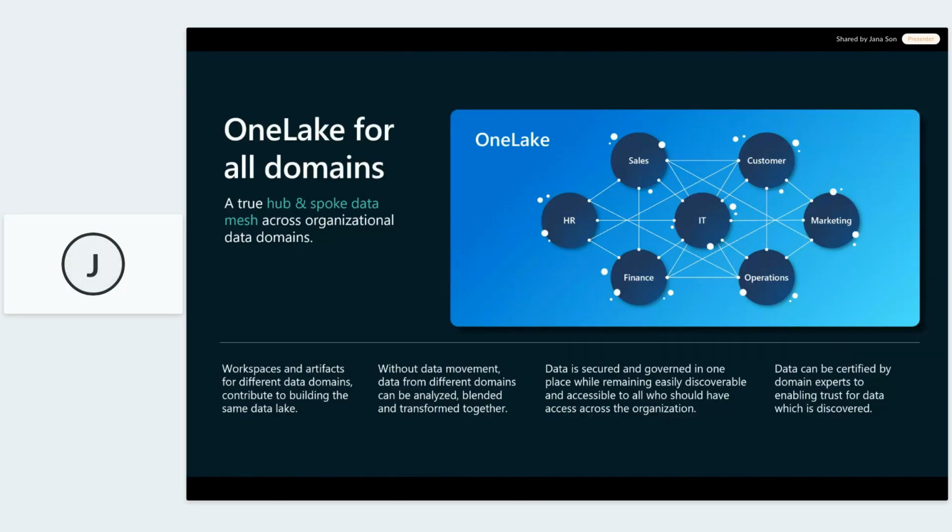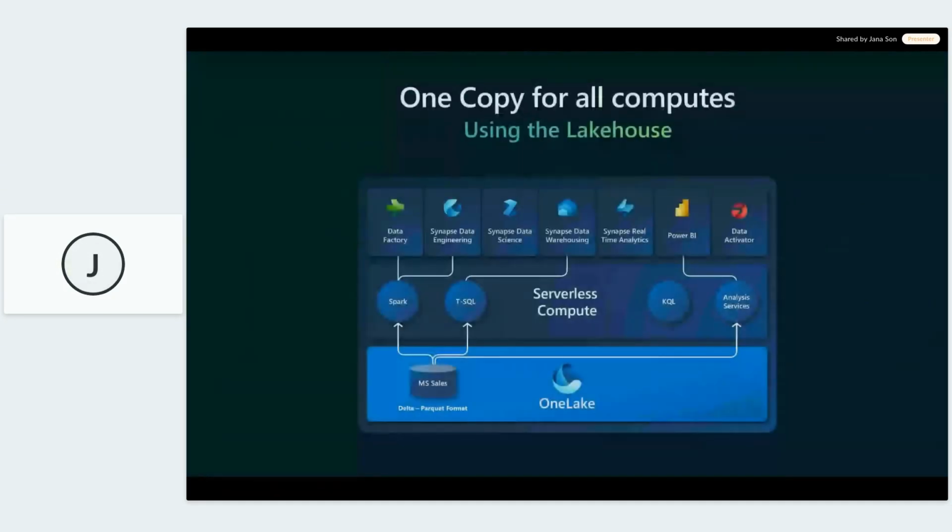So with shortcuts in Fabric, we do have a single copy of data, and it can be introduced into any of our domains or data marts, etc. So we can access data more easily, and Fabric engines are optimized to work with Delta.